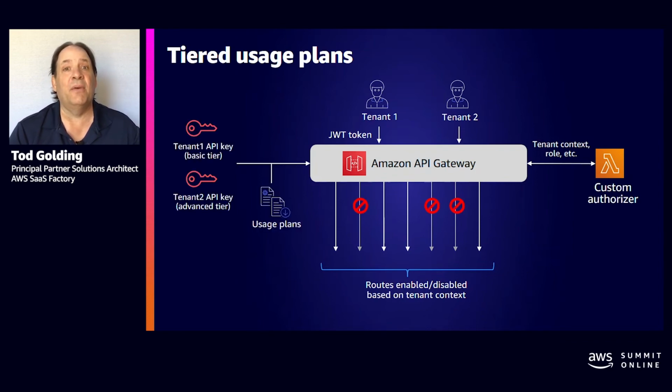You also see here that we've implemented strategies for throttling on a tier by tier basis. So you'll see we'll have a basic tier API key, and we'll have an advanced tier API key. And those will have usage plans attached to them so that a basic tier tenant somehow can't undermine the experience of an advanced or a platinum tier tenant. And this is really a key concept where you'll see us do more and more of this across our reference solutions.